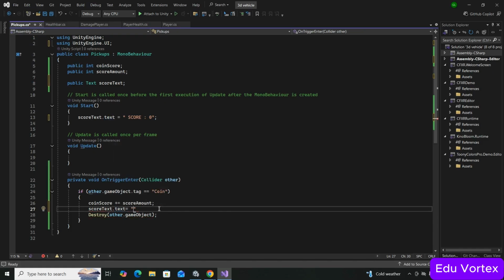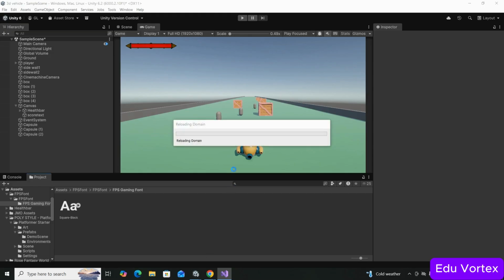First of all, in quotation marks, we will say what we want to have as a text element. We want to have "Score:" and after that, we will just say plus our coin score and semicolon. This way, our text, which is our UI, will be connected with our coin score. Very, very simple. Let's save and let's test. Let it compile